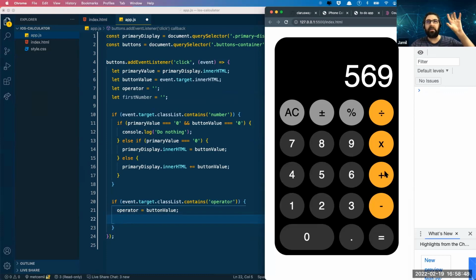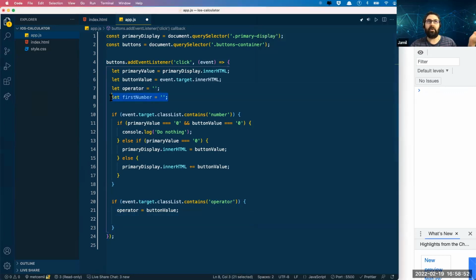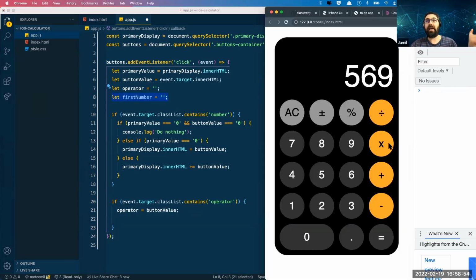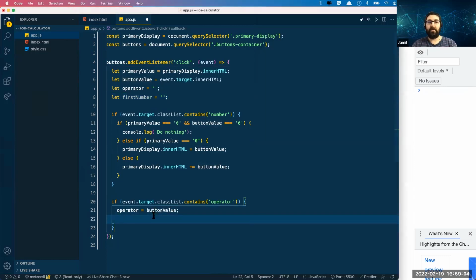So until you click an operator, you don't know what your first number is. Like this, we don't know our first number. But when I click the operator button here, I assign my operator to here and also assign the current value to the first number. So first number is going to be my current value, which is